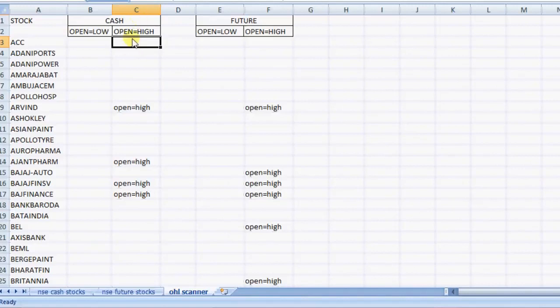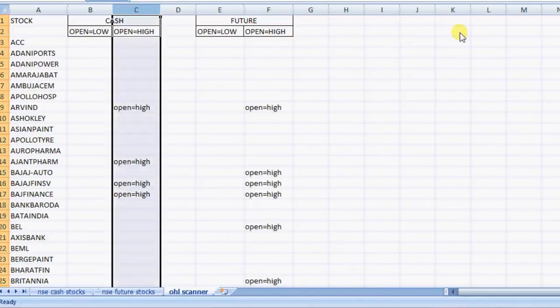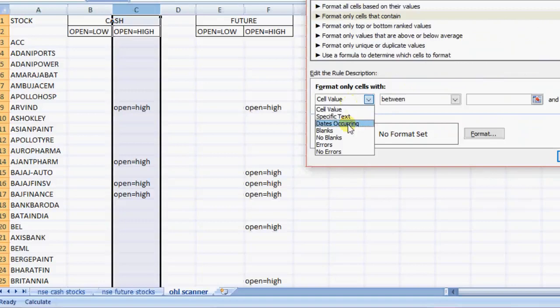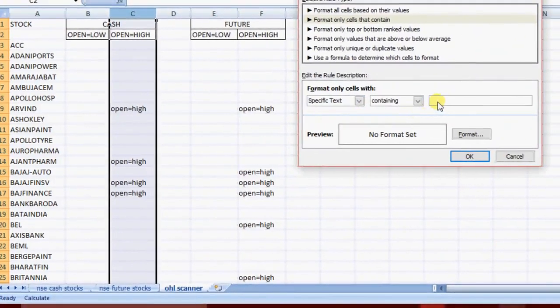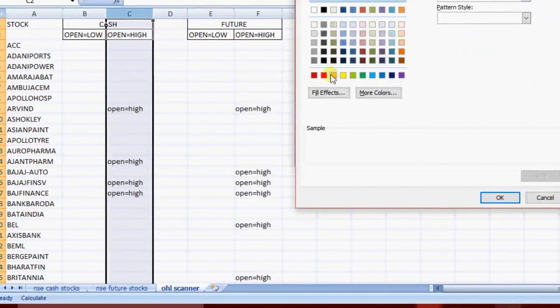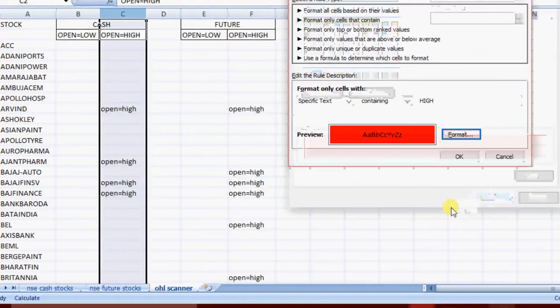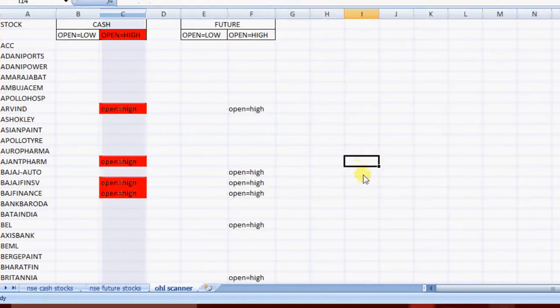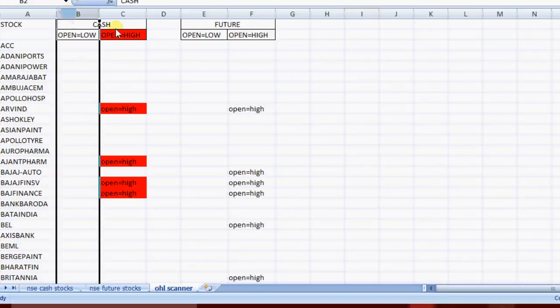Now I am going to give colors to the cells so it's easy to identify. Open is equal to high, I am going to give red color, using conditional formatting.